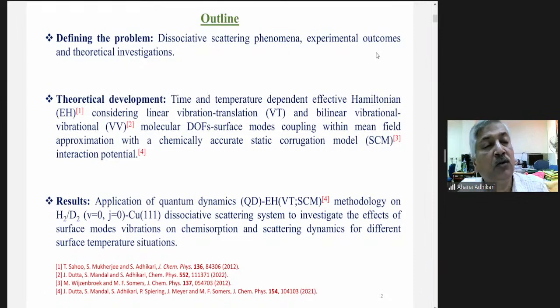So you have experimental outcomes from molecular beams, and a molecular beam experiment is nothing but a vacuum chamber with a beam of molecules hitting a surface, and the surface is fixed at a particular temperature. It can be very cold, 1 Kelvin or 2 Kelvin, or it can be 100 Kelvin or 1000 Kelvin. That's the way you design your experiment. When the molecule scatters back, you have a mass spectrometer that detects the outgoing